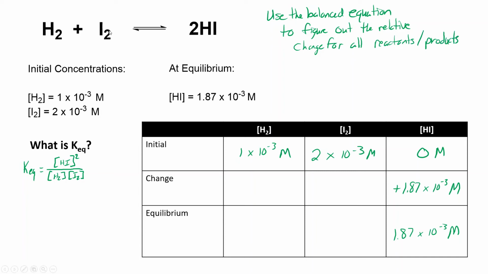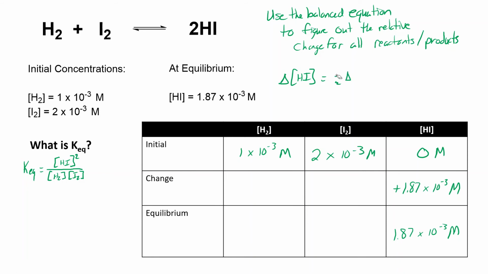Right? Because what this balanced equation is telling us is that if we react 1 mole of H2 with 1 mole of I2, we get 2 moles of HI, right? So if we react some number of H2 and some number of I2, we get 1.87 times 10 to the negative third. We know that the change in concentration of HI, delta HI, is equal to 1/2, or sorry,